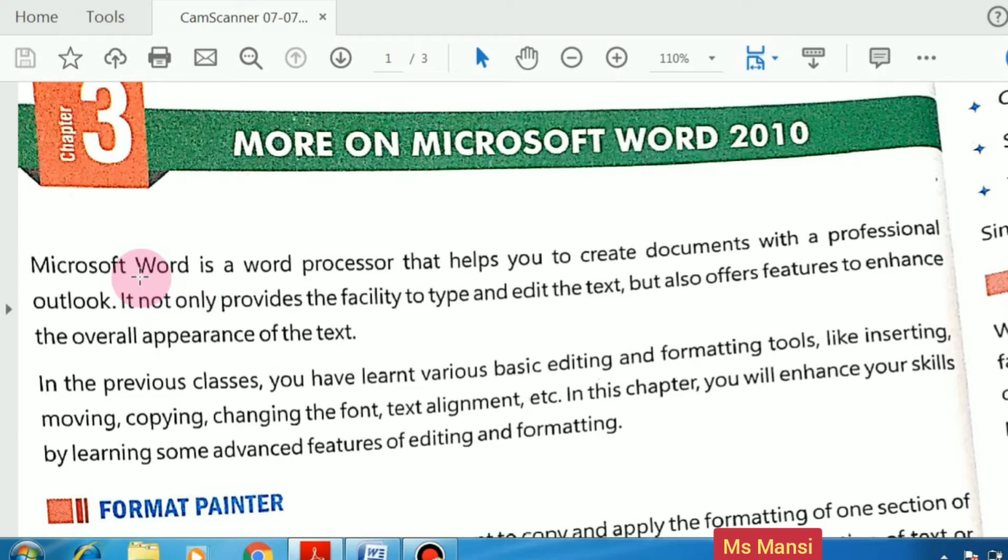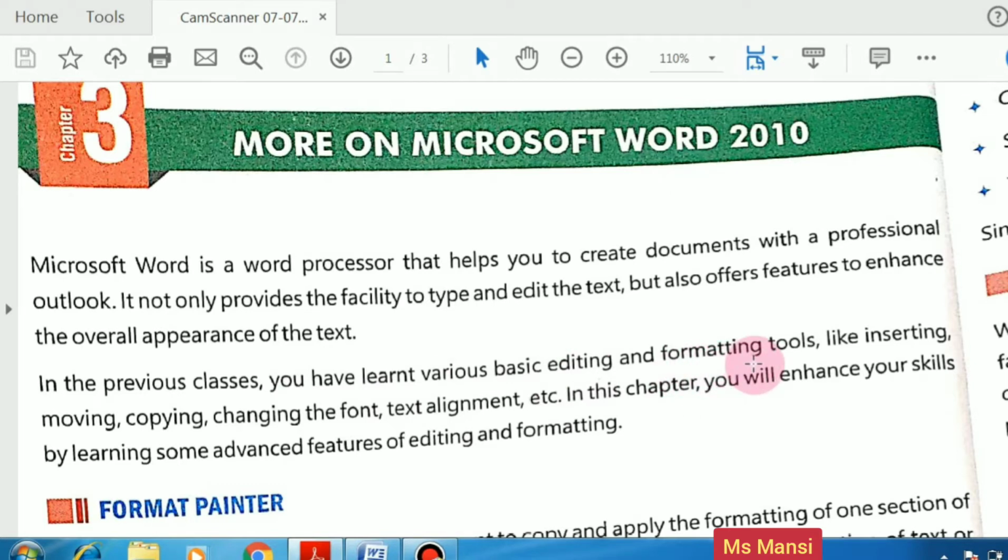Why is it used? For creating documents, making attractive documents and giving them a professional outlook. It doesn't only provide the facility to edit or write text, but you can also change the appearance of the text.